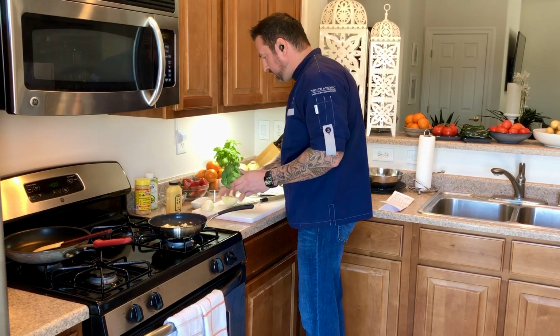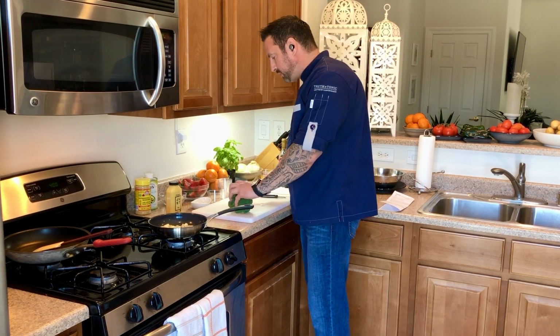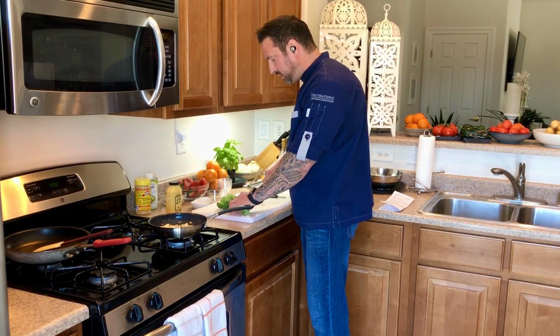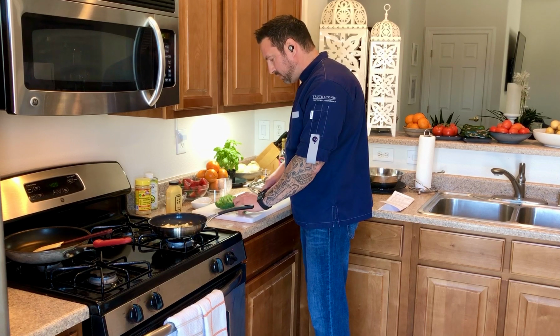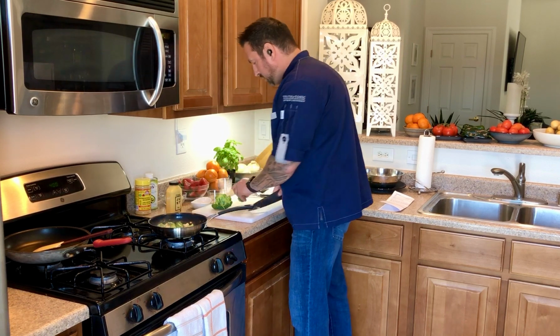Then we're going to take our broccoli. Now, with our broccoli, we're going to save the stem, because later on I'm going to show you another recipe that is going to be a great way to use that up, so we're not wasting anything. So again, we're going to take the florets and we're going to cut them. Now the chlorophyll in the broccoli and the vitamins in the broccoli are going to be very healthy for us, and we're going to serve it in a fun way. Even the kids will enjoy it. So as we put on our broccoli there,